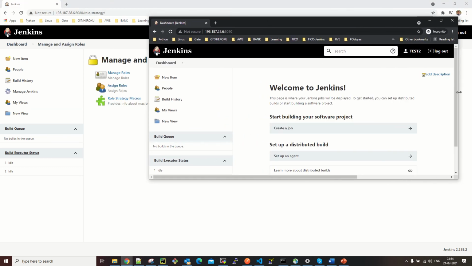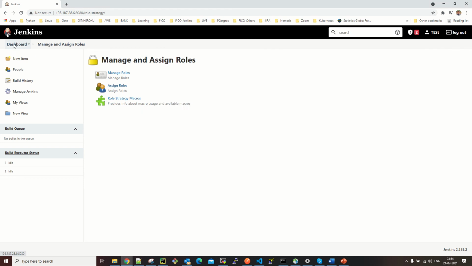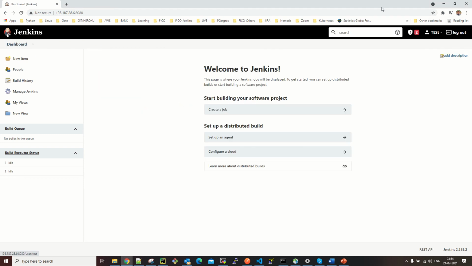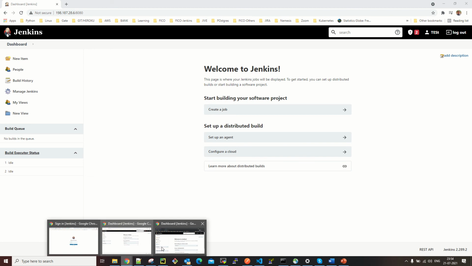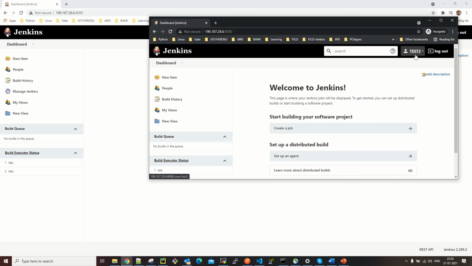The difference you can see is that the test user, which is added to the admin role, has the access of modifying and configuring the Jenkins configuration. But the test2 user doesn't have the admin rights and privileges. It does have access to create a job, configure a job, delete a job, and run it as well, but not to modify any configurations in the Jenkins setup.